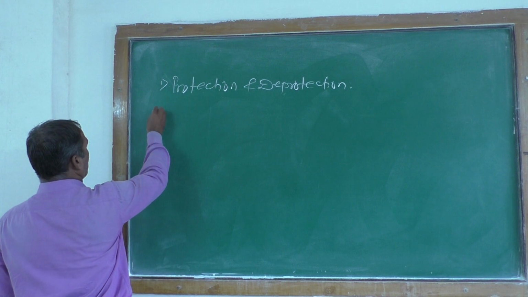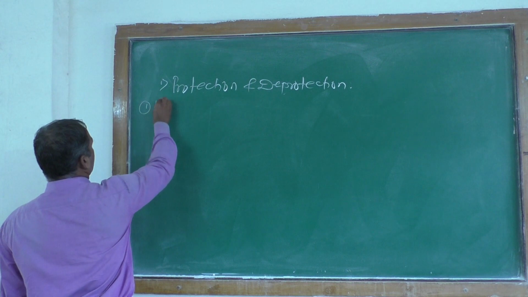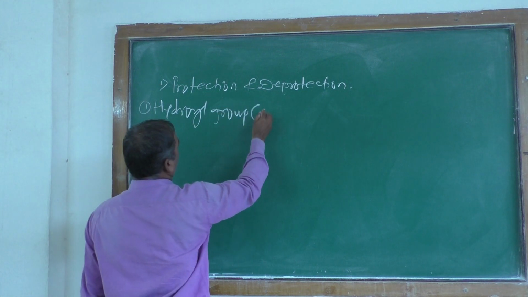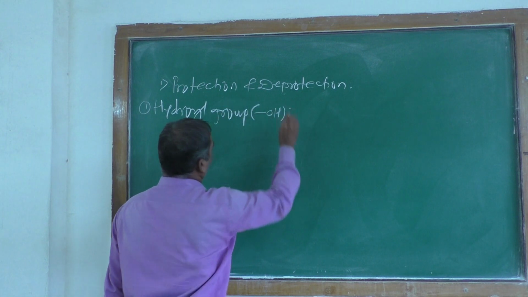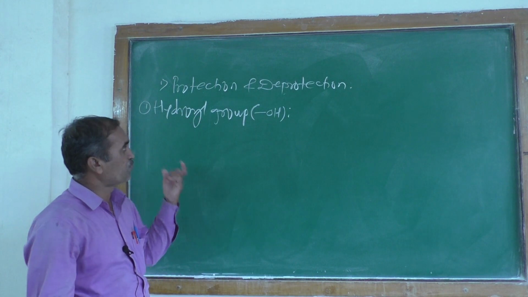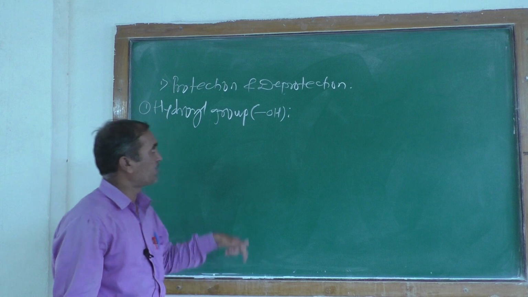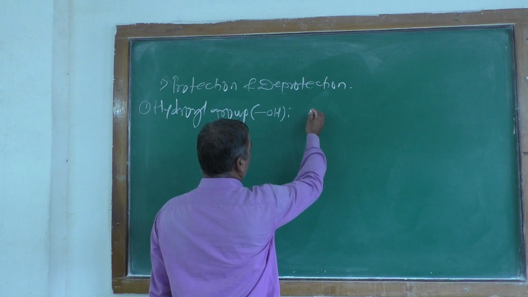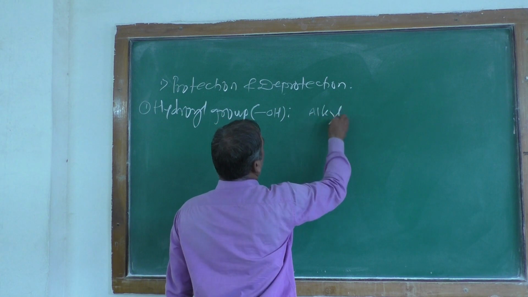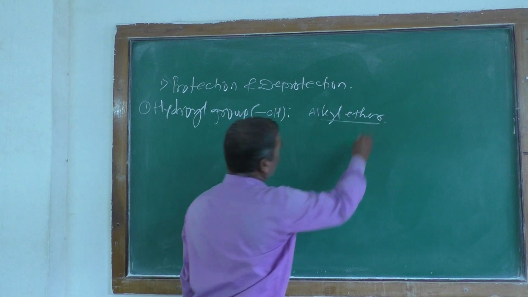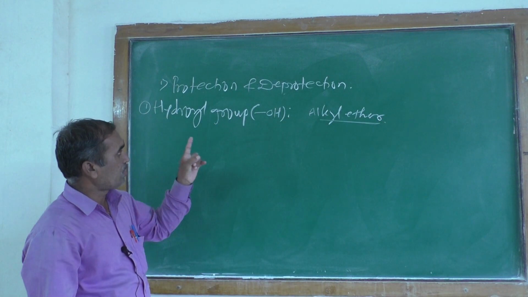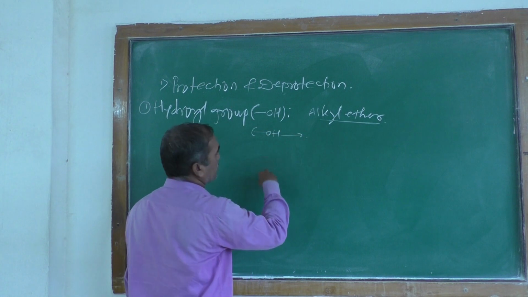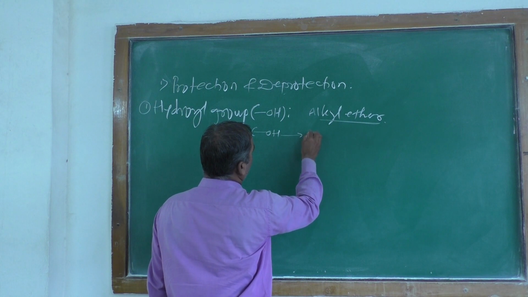First one is a hydroxyl group. The first point we are going to see here is the hydroxyl group. As we know, it is an OH group, and that OH group is a functional group. This hydroxyl group we can call an alkyl ether. Alkyl ether means that the alcoholic group, this OH, can be changed into an alkyl ether, means here